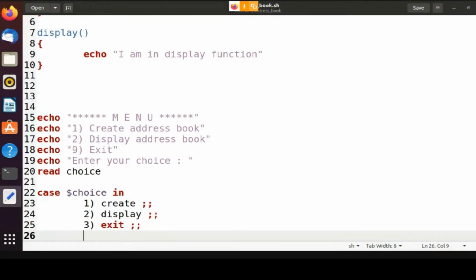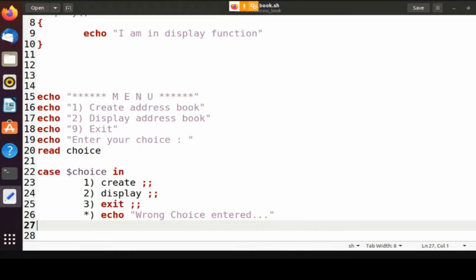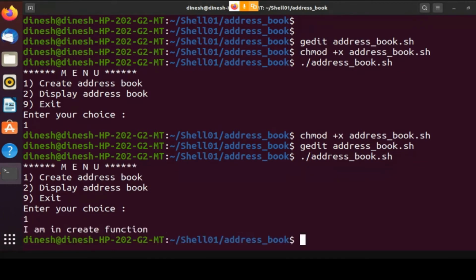If it is not out of these choices, then I'll echo wrong choice, and then esac. Let us see if it works. Now here you say 1, and then you see I am in create function.